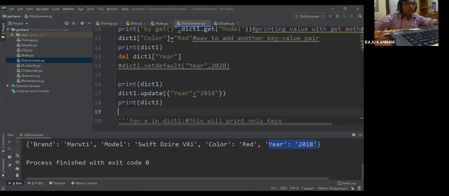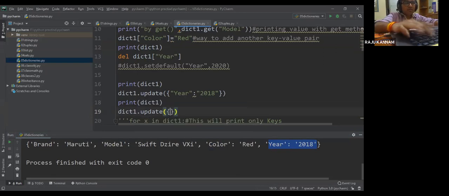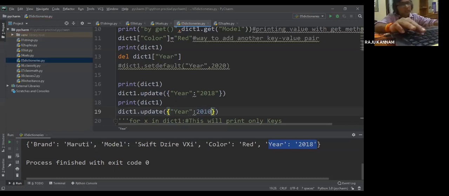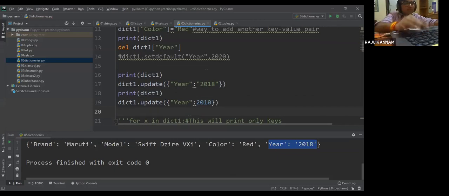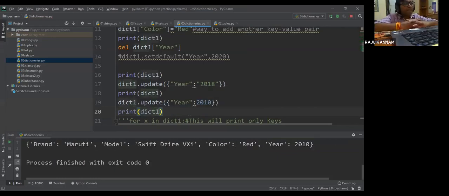Or after this, again I will write dict1 dot update year to 2010. Then I will print dict1. So this also will update your year.